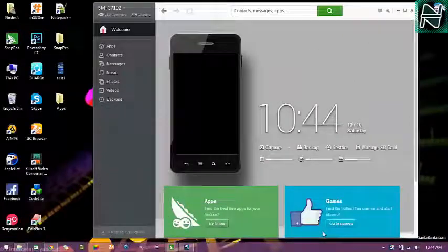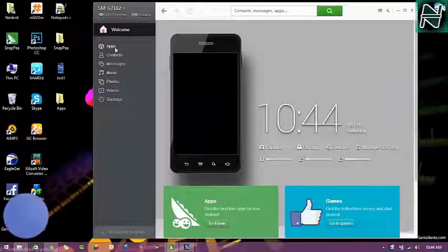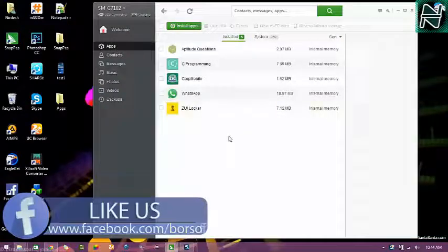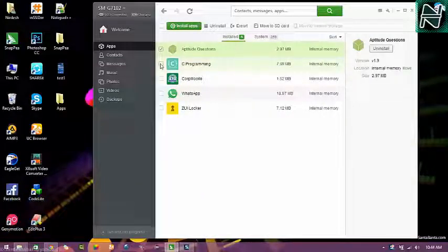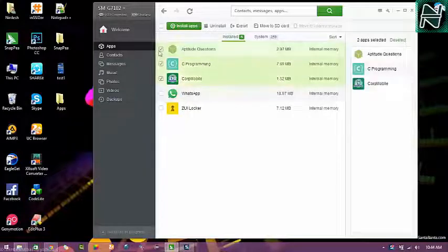If you want to uninstall all those apps which you have installed in a batch format, like all the applications whatever is installed, in a single click, then just go to the apps section over here and check all the apps which you want to uninstall. Okay, I'd like to uninstall all these apps, and after checking that, you will see here